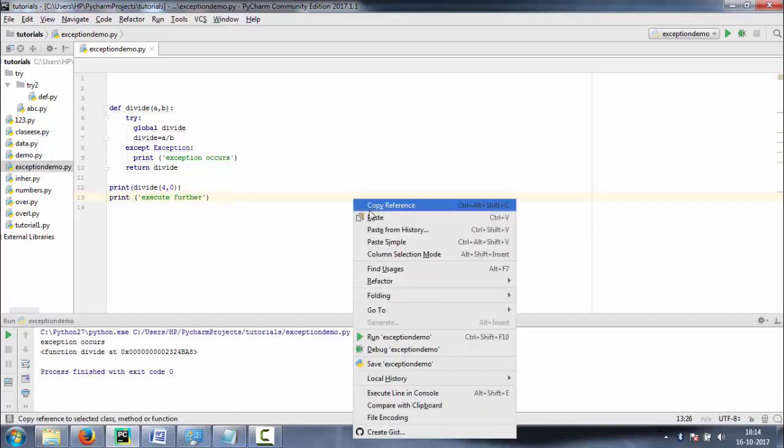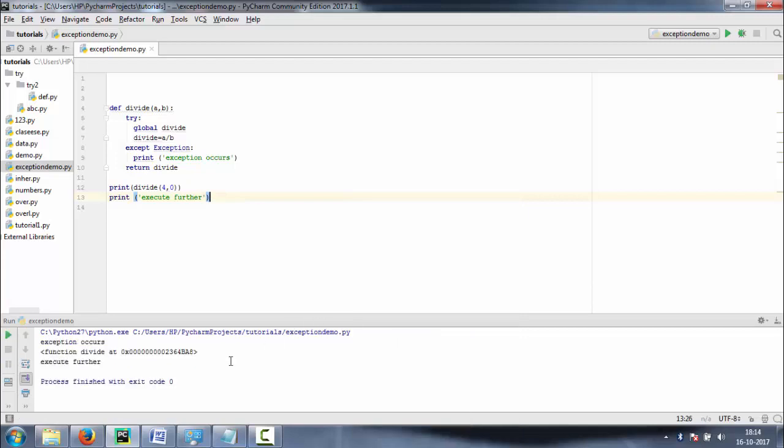Now let's understand what happens here. See, here is a case where an exception occurs, but still it will run the code further. This is what exception handling is. See, for every case, now it will work.